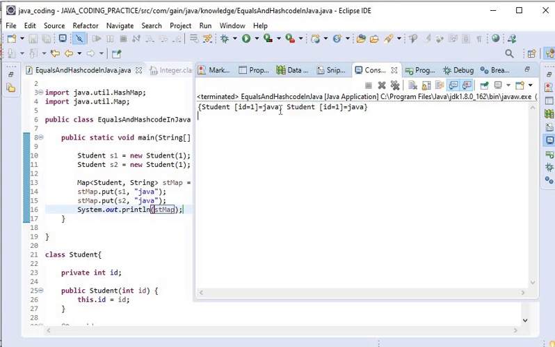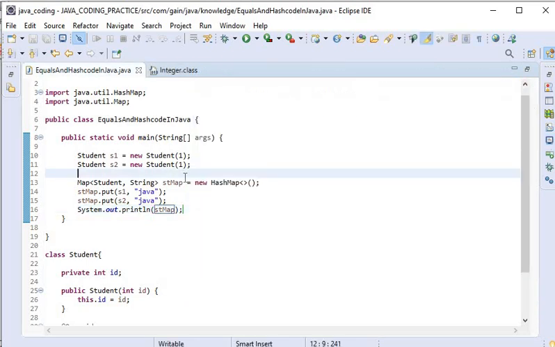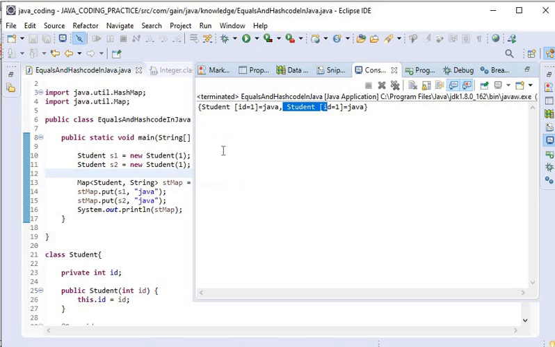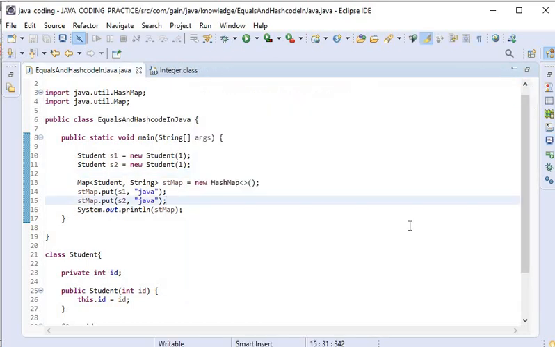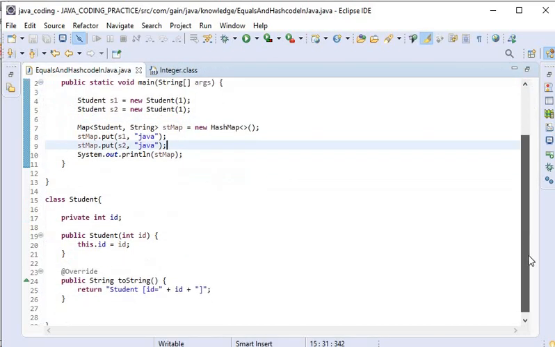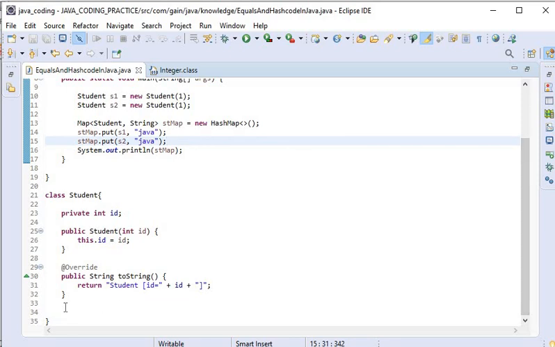So these are duplicates. If it is already available, there is no need to add it again. So what we need to do now, equals and hashcode functions come into the picture. If we override both of these functions and maintain the contract between them, then the duplicates will not be present here. So now we will override both functions, equals and hashcode.